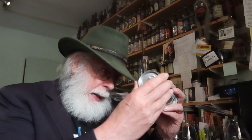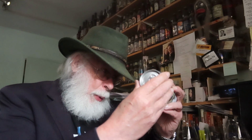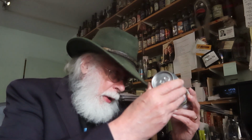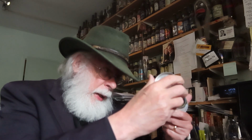And it tells me it has Saaz, Saphir, and Styrian Celeia hops, malted barley, 4.8% alcohol by volume, store cold and drink fresh. It was canned on, well, this one reads 12/22/22. So that looks like December 22nd to me. Well, we'll find out. Original art by Earl Holloway. Government instruction that I should not operate heavy machinery or be a pregnant woman and drink this beer. All right, well, it doesn't tell me much other than it is a Pilsner with 4.8% alcohol by volume and